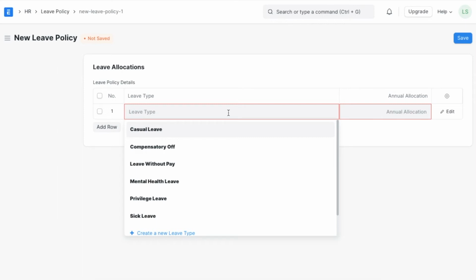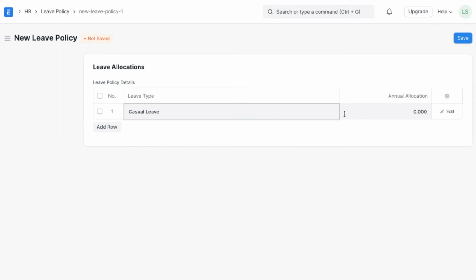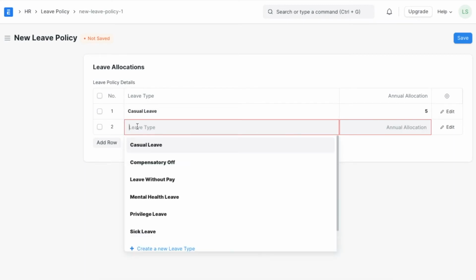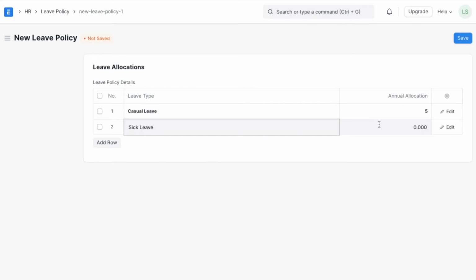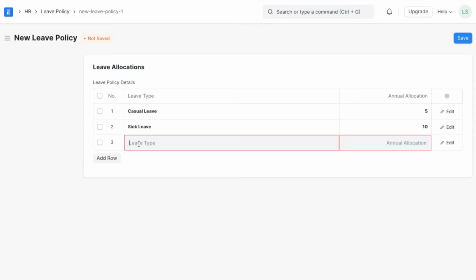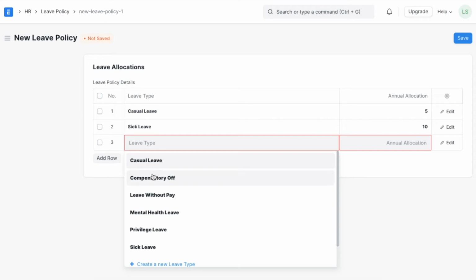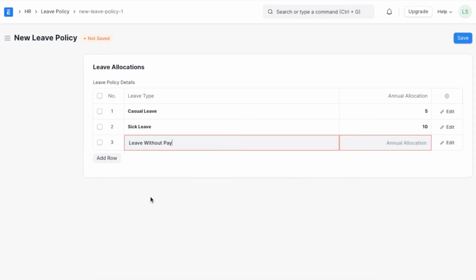For example, if the first leave type we want to add is casual leave and the annual allocation is 5, next we can add sick leave and allocate 10 days for it annually. Once we've added all the leave types we want to include in this policy and allotted the amount of days for them, we can save this policy.